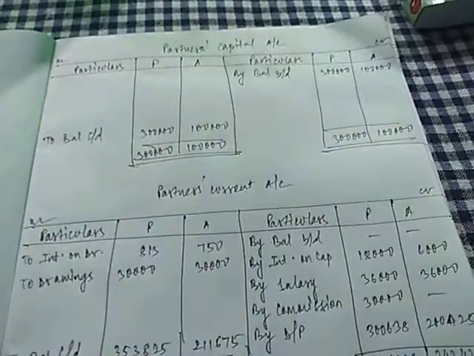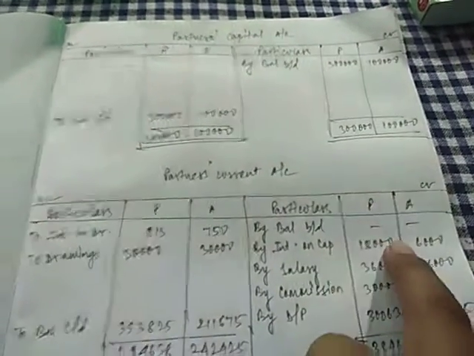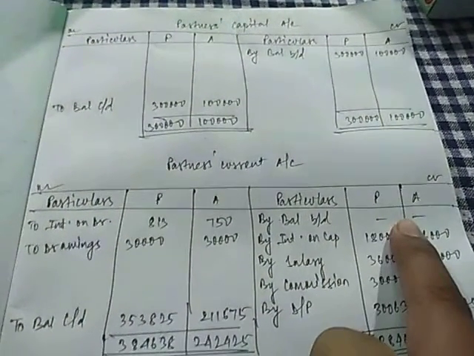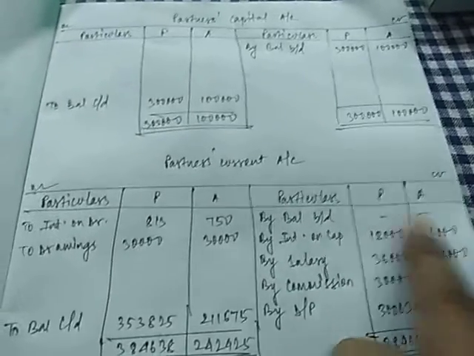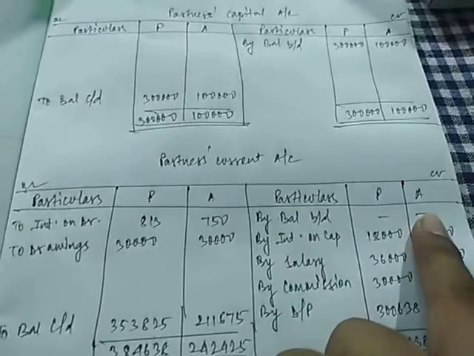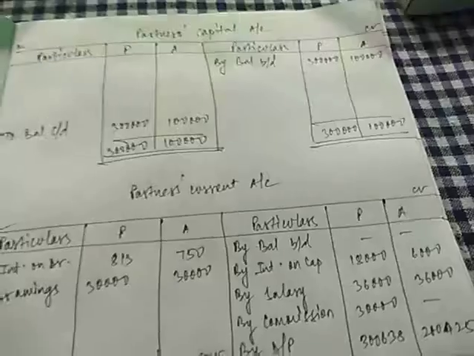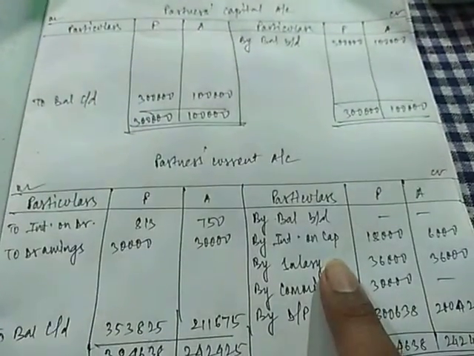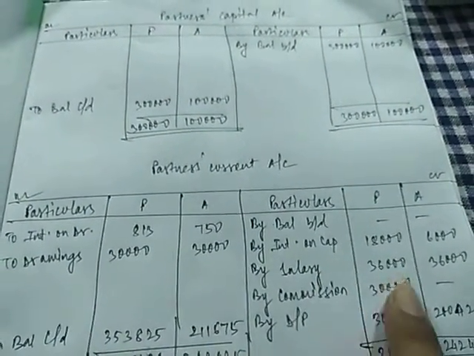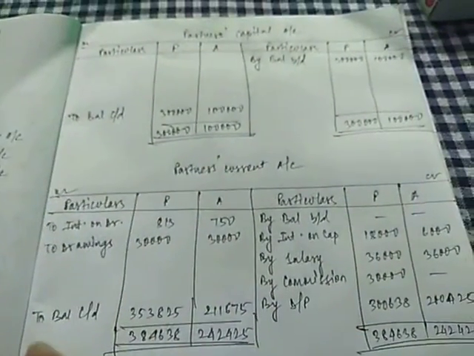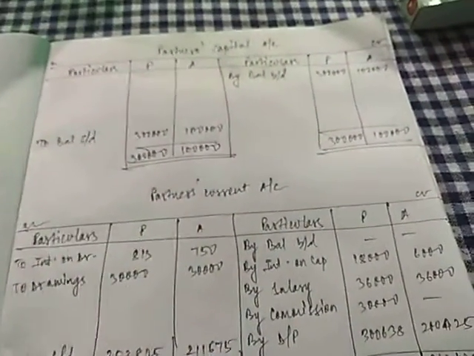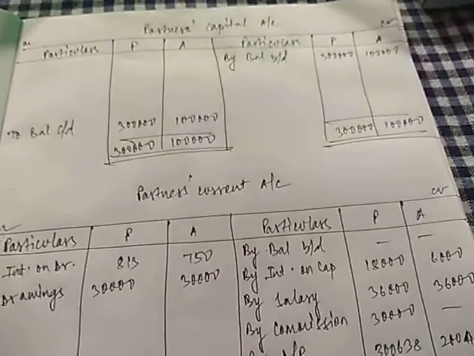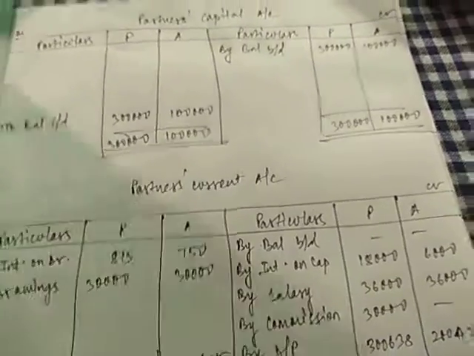The format of partner's current account is also the same as partner's capital account. Just the balance BD of partner's current account will be given in the question. If it is not given in the question, then leave it blank as I have left. Just write balance BD and don't write any amount over there. Rest everything what is written in the partner's capital account will appear in the partner's current account as it is appearing here, and then you will find the balance CD. And in this way the question is over with partner's fixed capital account method also.